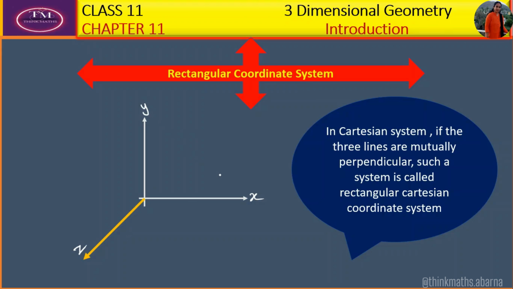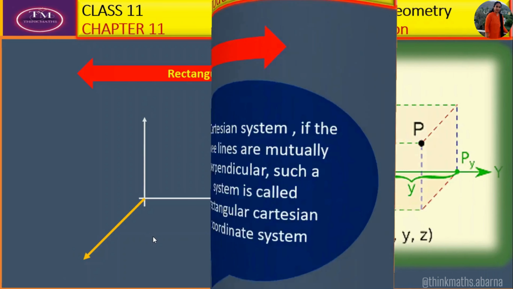So these three lines are mutually perpendicular. Such a system is called rectangular Cartesian coordinate system. If the three lines are mutually perpendicular, then it is called rectangular coordinate system. We can note it as x perpendicular to y, x perpendicular to z, y perpendicular to z. That means they are perpendicular to each other. Then it is a rectangular coordinate system. Clear? So moving on to the next topic,